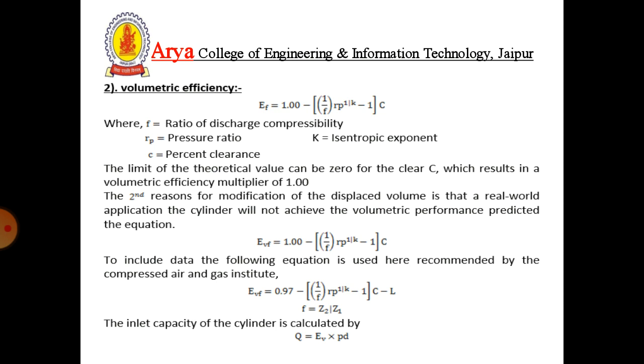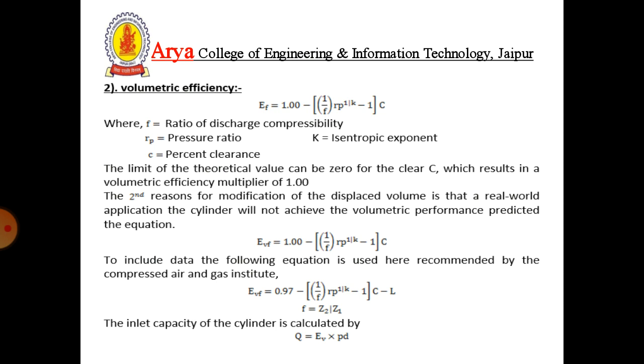Now volumetric efficiency. To determine the actual capacity of a cylinder, the calculated displacement must be modified. There are two reasons. First is because of the clearance at the end of the piston travel. When the compression cycle was described, a portion of the indicated was referred to as the expansion portion of the cycle. The gas trapped in the clearance area expands and partly refills the cylinder, taking away some of the capacity. The following equations reflect the expansion effect on the capacity and theoretical volumetric efficiency.